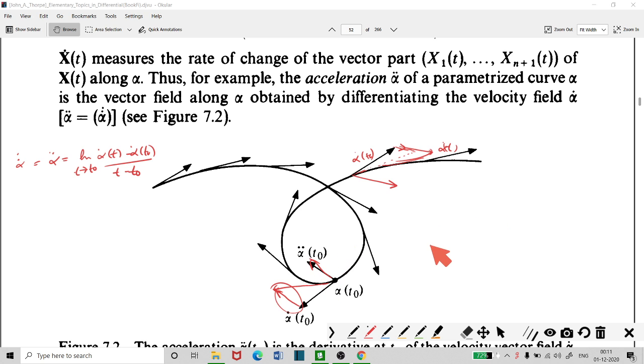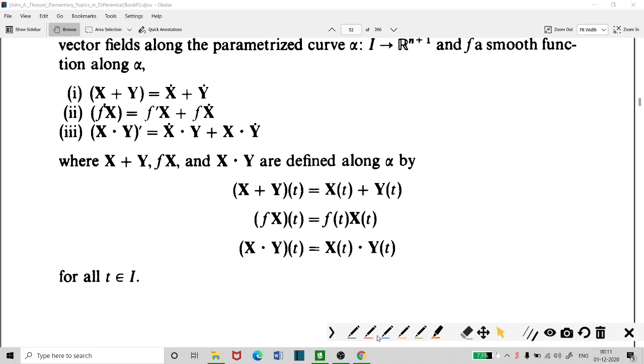When we consider any parameters in a curve like this, when you consider two distinct points, then the difference points like this. So when this is close to this point, you can get the derivative of the velocity vector, that is the acceleration vector, pointed inside this parameterized curve. These are the rules